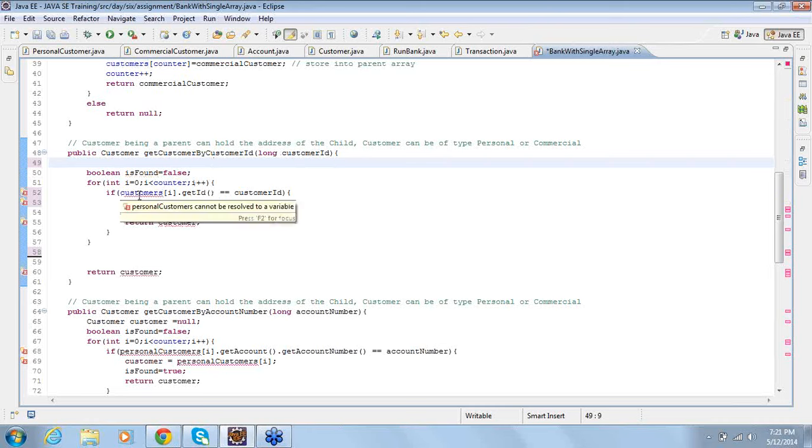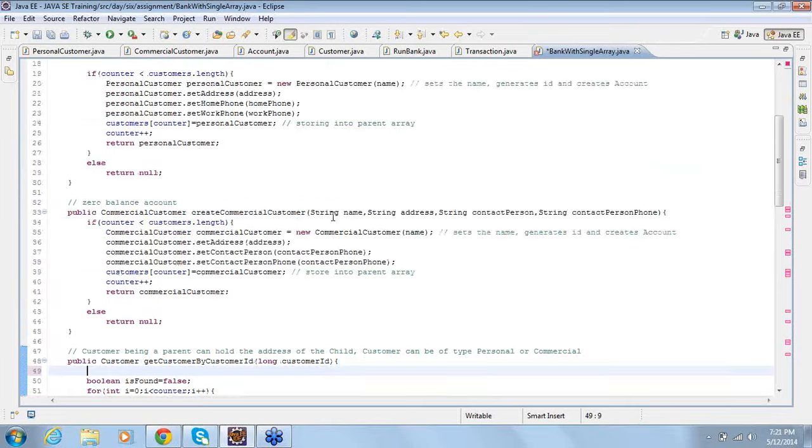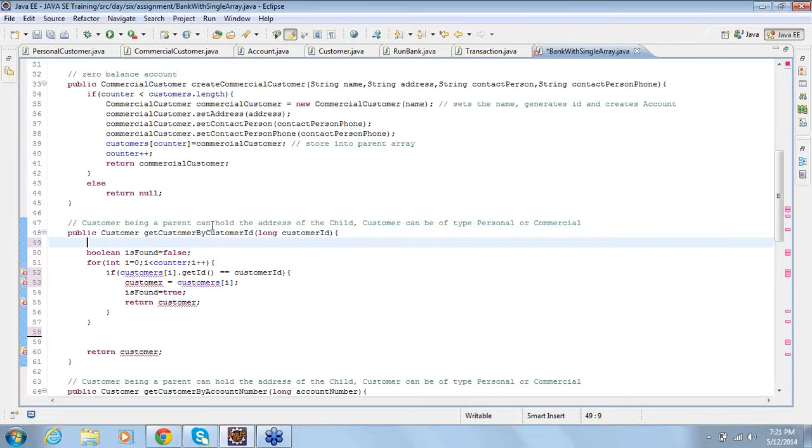What happened? Customers cannot be resolved. Why? That's an array name. Okay, I is 0, I less than the counter. There are no personal customers here.